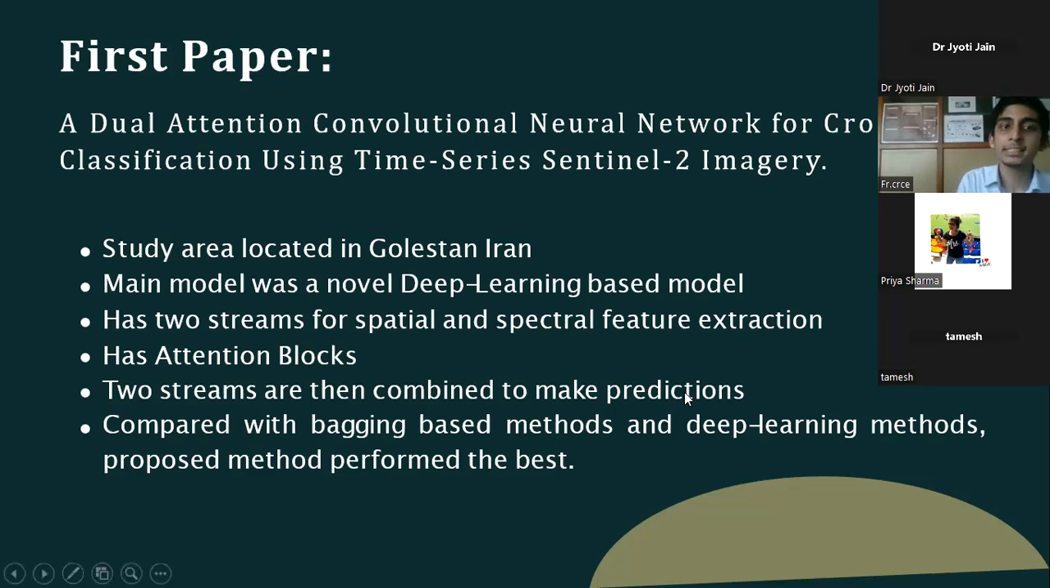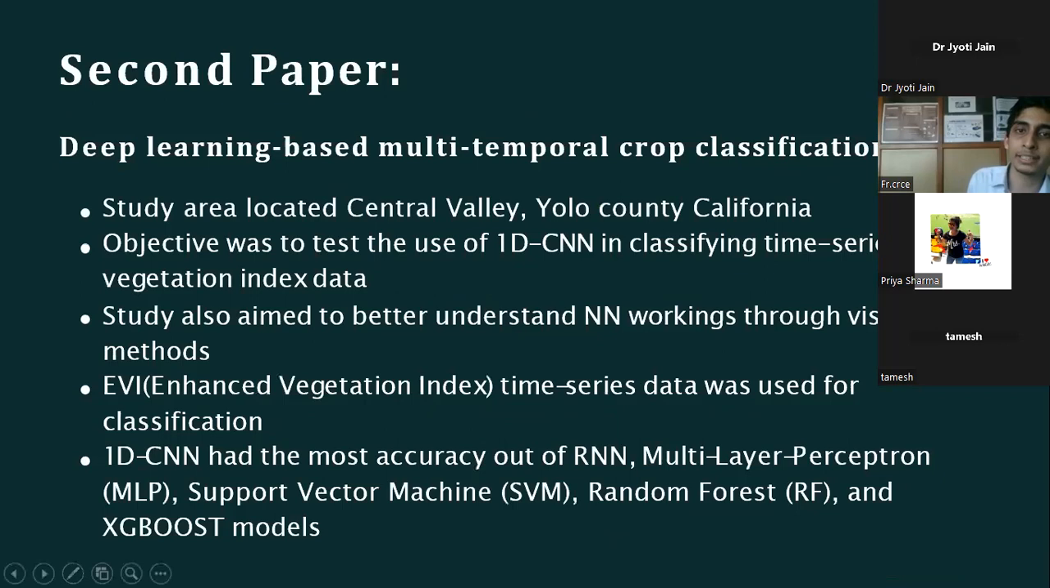The second paper was a deep learning based multi-temporal crop classification system. The study area was chosen in Yolo County, California, in the Central Valley, which is responsible for most of California's agricultural output. The objective was both to test the use of one-dimensional convolutional neural networks in classifying time series vegetation data, and also to visually work on neural networks in order to better understand them. The model chosen had the 1D